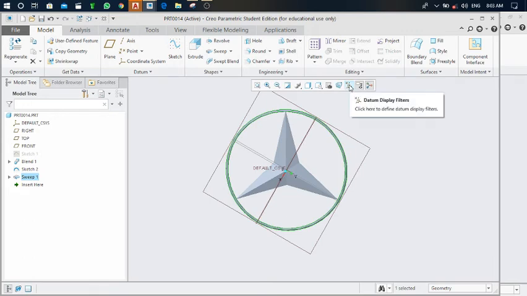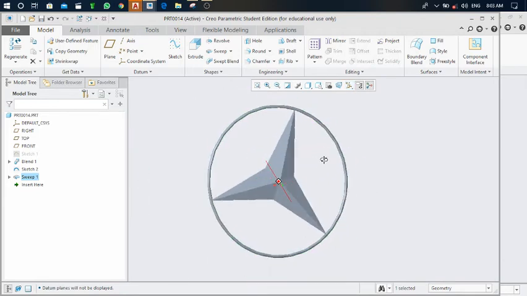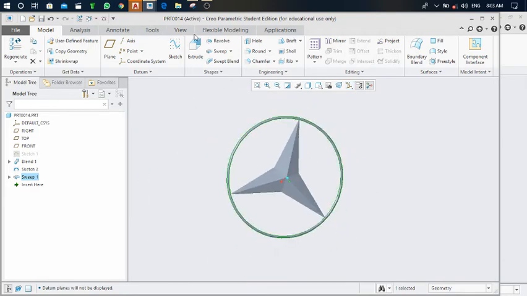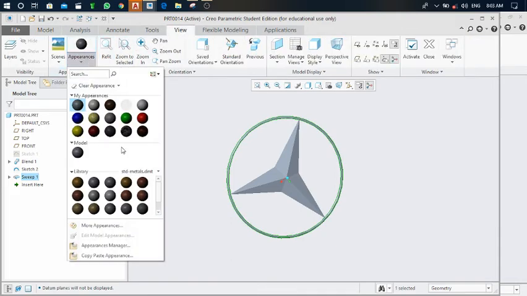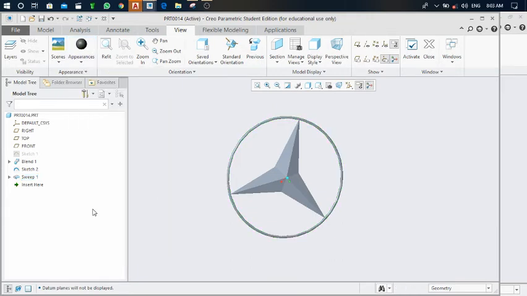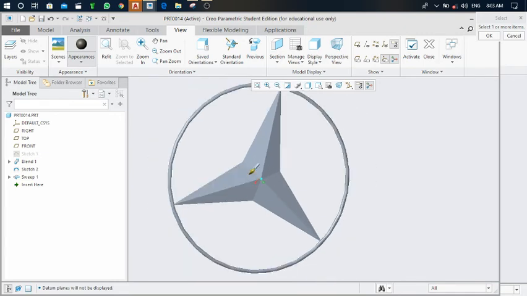and again go to this data display filter, select all. You can change the color and pattern of this. Just go to view and go to appearance and put it down. After that, click on last appearance. After that, click on this and next move to selection of these different parts.